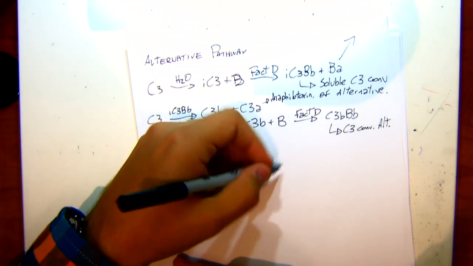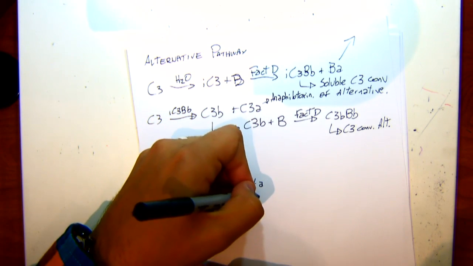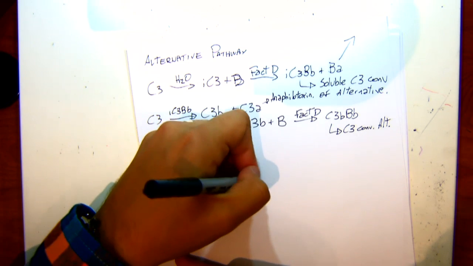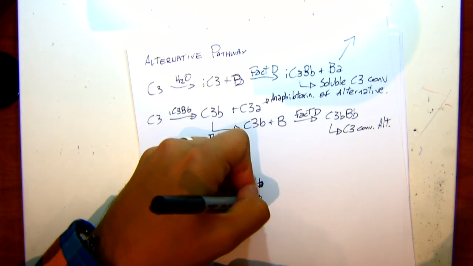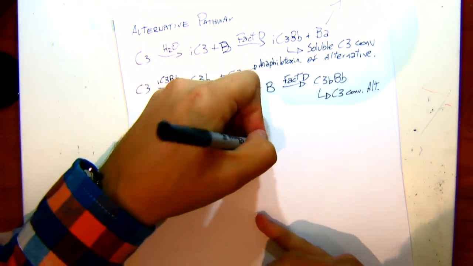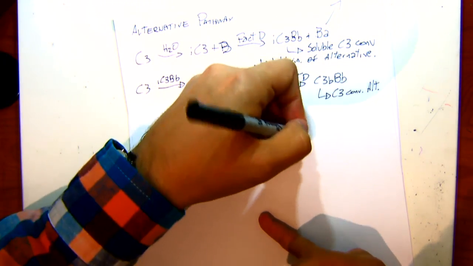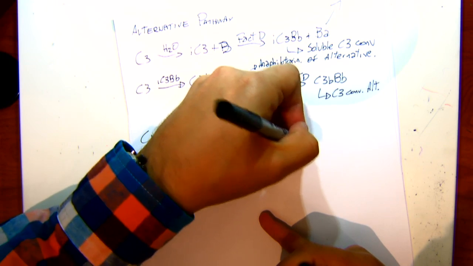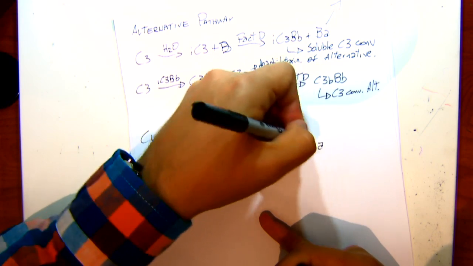Into C4a and C4b, sorry, and C2a, right? And then when these two join together, you're going to have C4b2a,